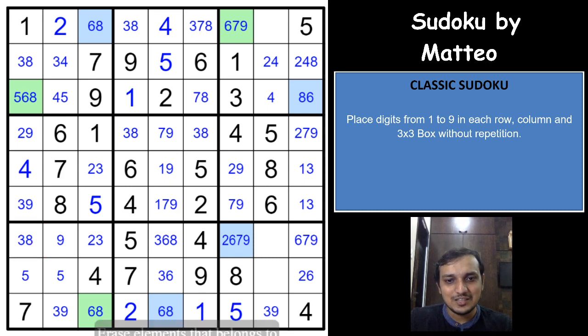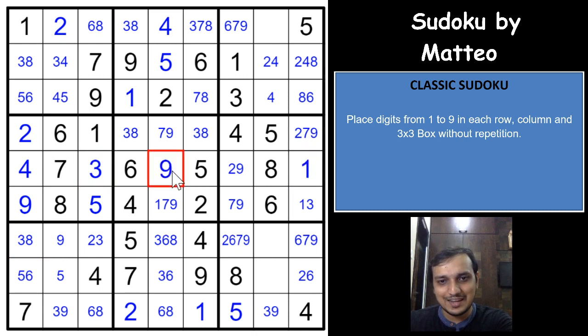Excellent logic, guys. Superb logic. And which means that now you have a 3-8 pair in this column. Excellent. With the help of the 3-8 pair, you eliminate 3 from this cell, and this would have to be a 9, which gives you a 2 here, and eliminates 8 from here, so this would have to be a 5 and 6, and this 2 gives you a 3 here, a 1 here, a 9 here, a 2 here. Superb. A 7 here, a 1 here, and this 2 and 7 gives you a 9 here, that gives you a 3 here and a 7 here.